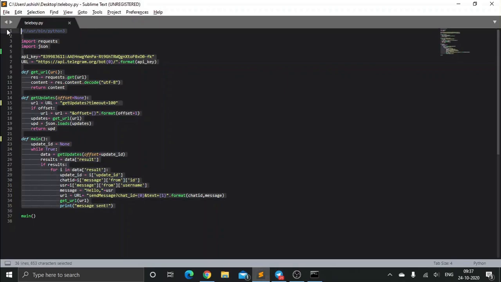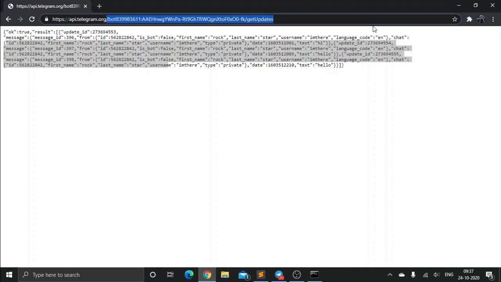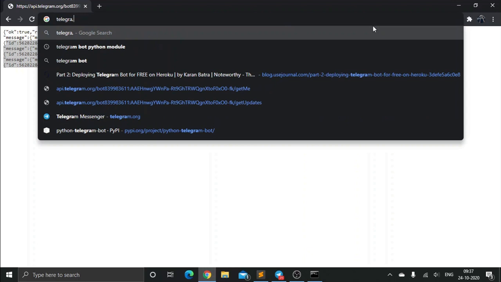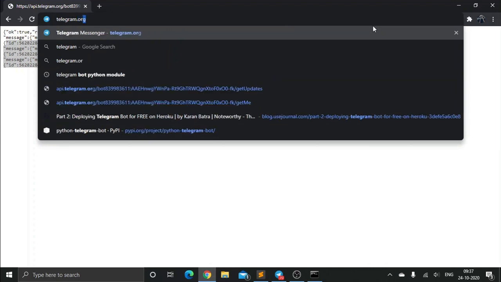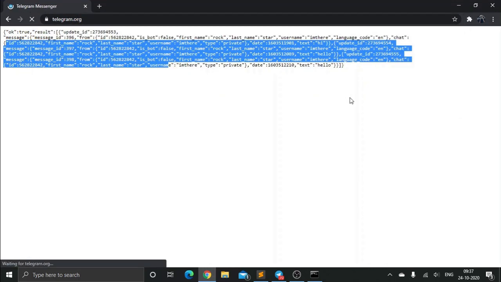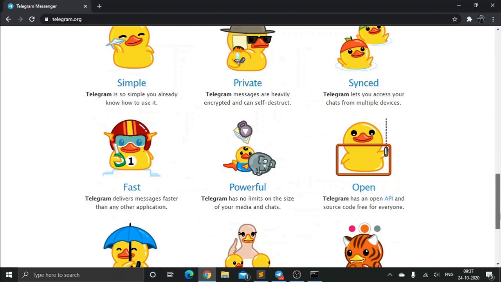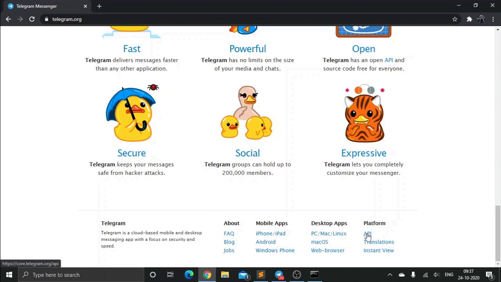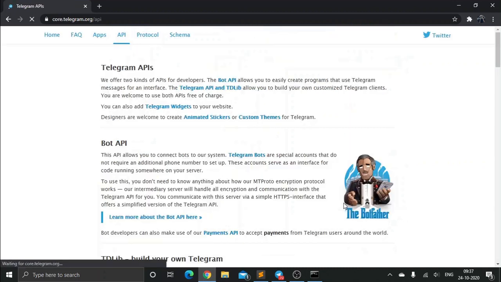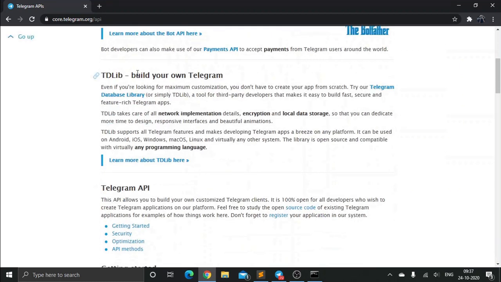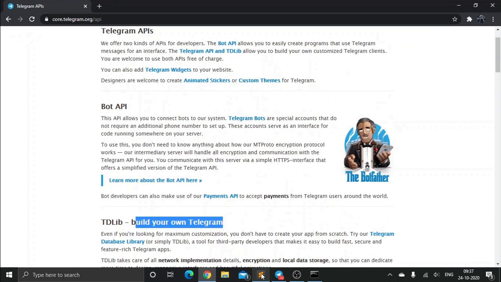So this was pretty much what the video was all about. Now I would highly recommend you read the Telegram API documentation before creating your advanced version of this bot. This was just a beginner's guide to building a Telegram bot for your recon, or for any different stuff you are trying to figure out. I would highly suggest reading these API docs, because they will give you a whole array of information to build your own Telegram bot.